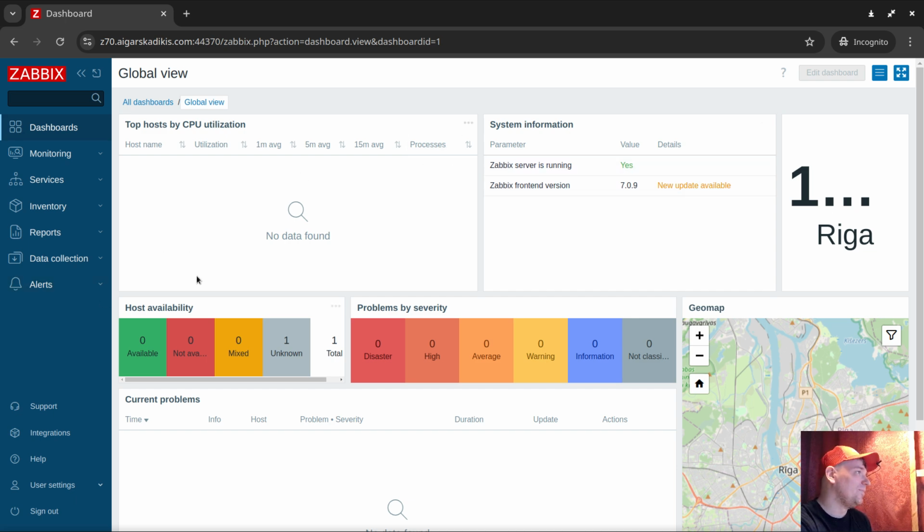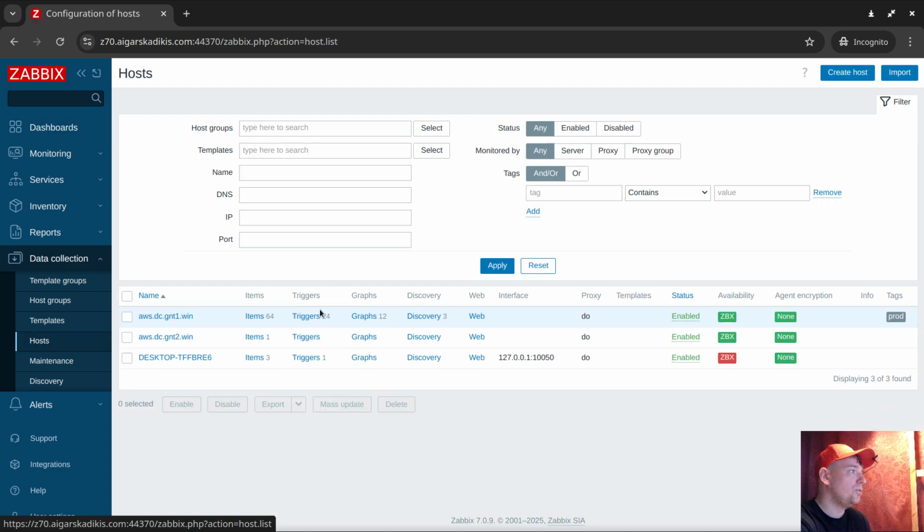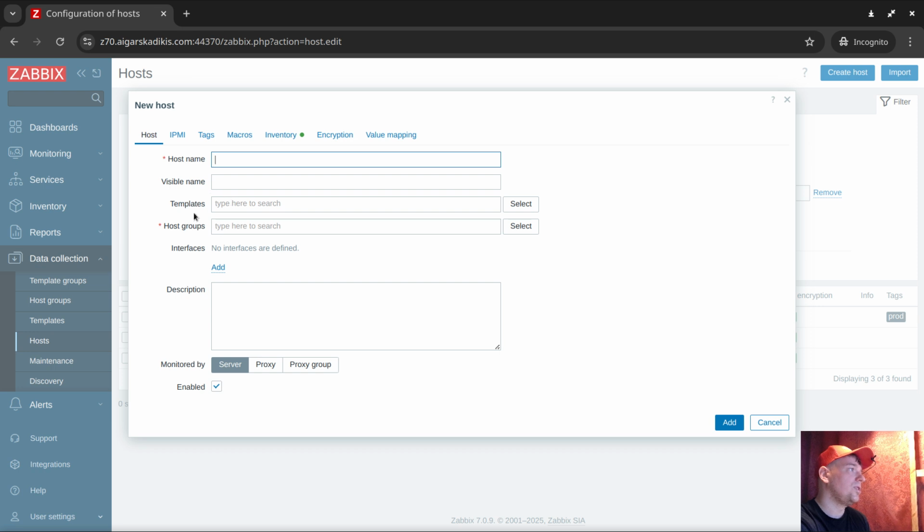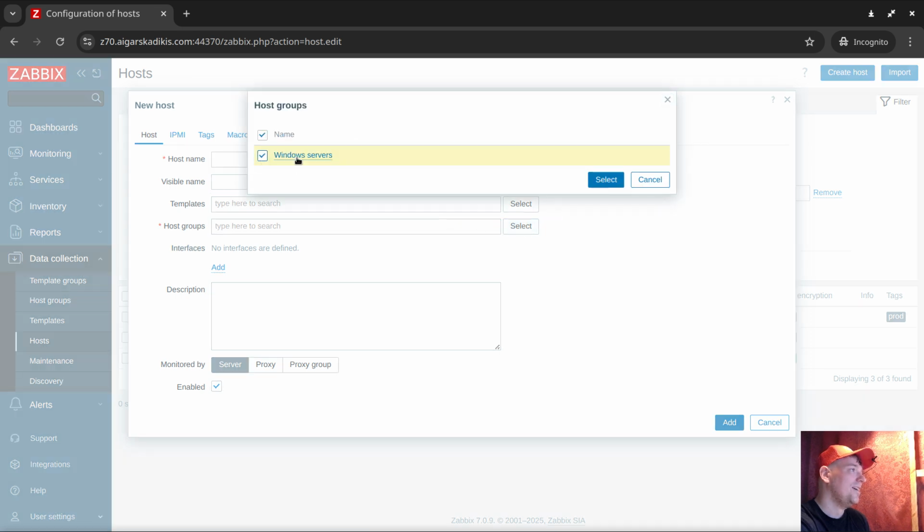And so this is a Windows administrator, and it's having quite a powerful user role, but not the most powerful. The administration section is missing. And yeah, so the point would be here, data collection hosts. They see all the Windows hosts and only Windows hosts, and if they select host groups, this is all they have. And they do have an option to create new hosts, and when they create new, it's mandatory to